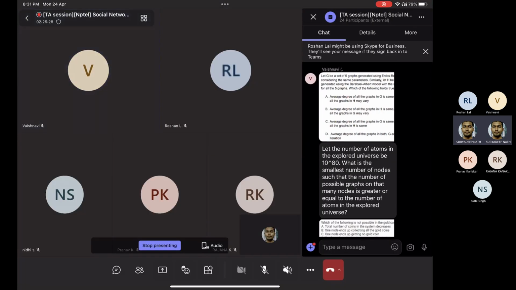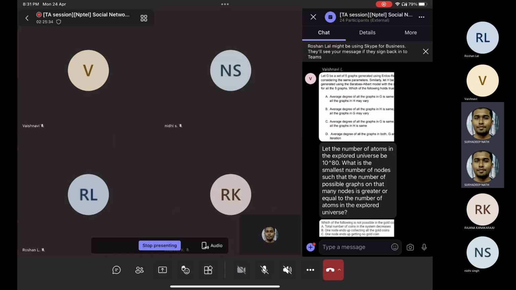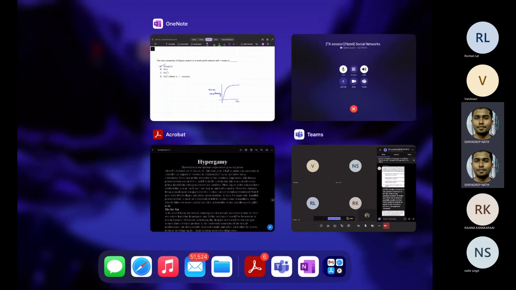Let the number of atoms in an unexplored universe be 10 to the power 80. What is the smallest number of nodes such that the number of possible graphs on that many nodes is greater than or equal to the number of atoms in the explored universe? So this is, I think, like this. So what is the smallest number of nodes is that the number of,